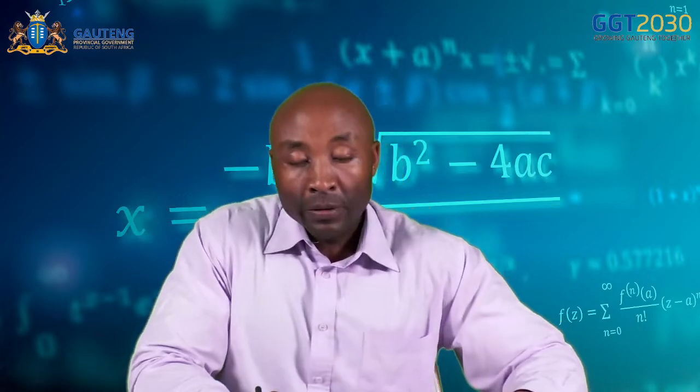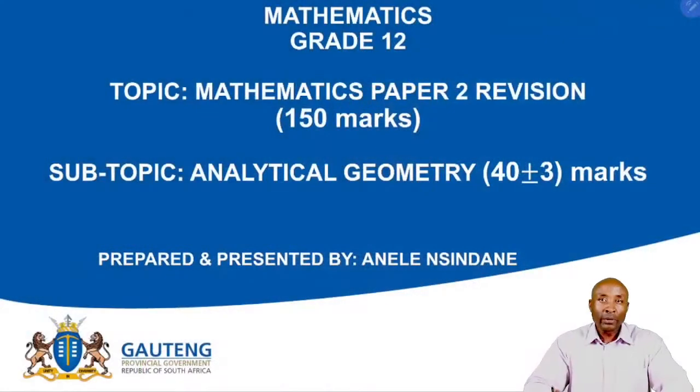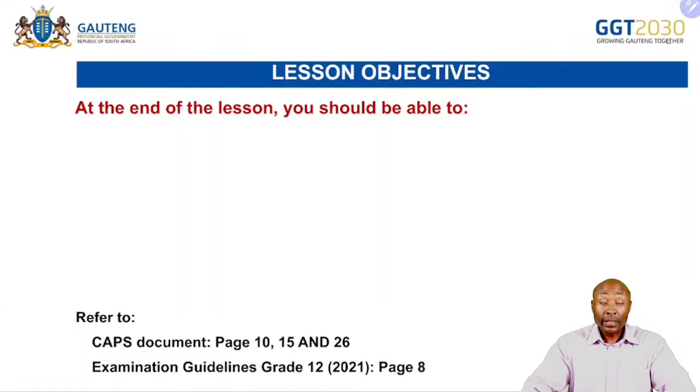Our lesson for today is paper 2 revision, and we are going to be focusing on analytical geometry. We are aware that analytical geometry in our paper 2 contributes about 40 plus minus 3 marks, so it can be between 37 and 43 marks. And over the years, this topic seems to be suffering. Our performance in analytical geometry is dropping over the years, and we need to make sure that we get those